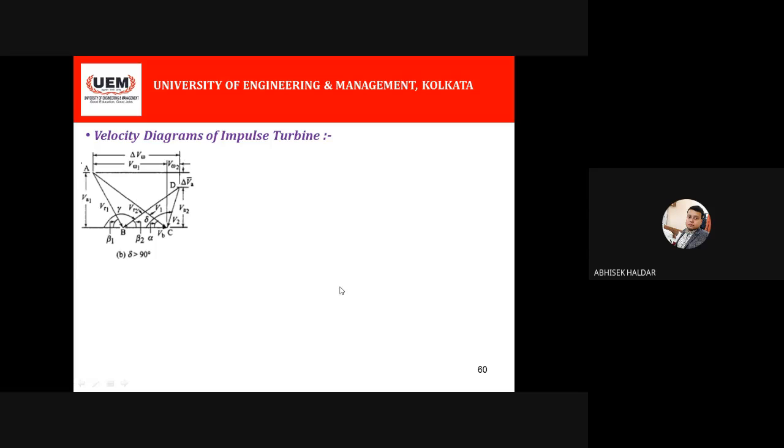Please attend on Wednesday and tell others also, because based on this there may be several numericals in your semester from this impulse turbine and compounding. The compounding part is a bit theoretical, but for the impulse turbine, if you see your book, after nozzle problems there are several problems based on impulse turbine, and these problems are very easy if you understand this velocity diagram and remember a few equations.